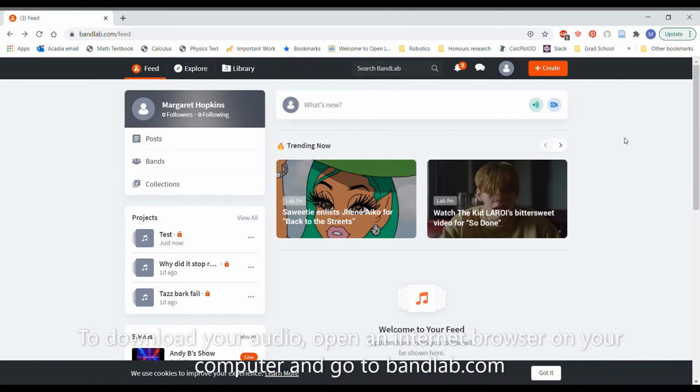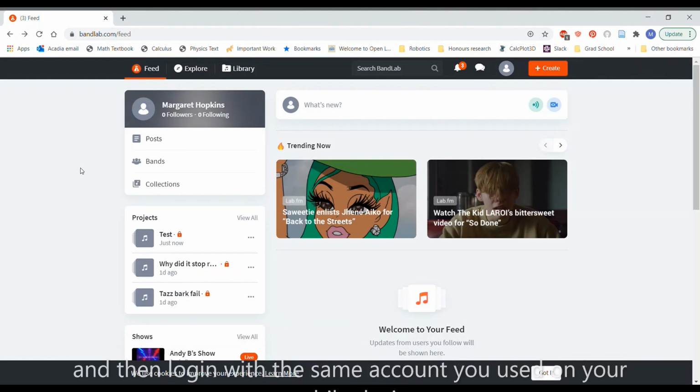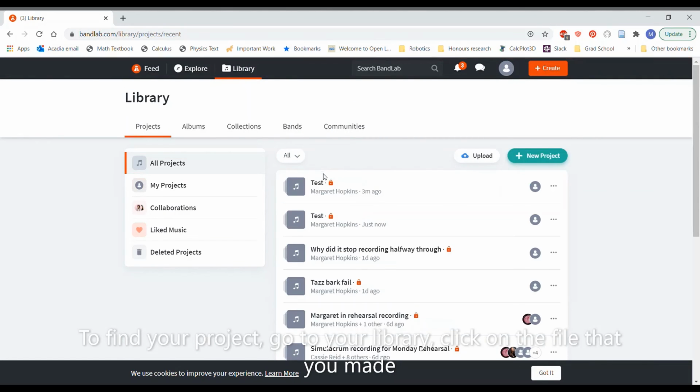To download the audio that you recorded on your mobile device, open up an internet browser on your computer and go to bandlab.com, and then log in with the same account you used on your mobile device. To find your project, go to your library, click on the file that you made,